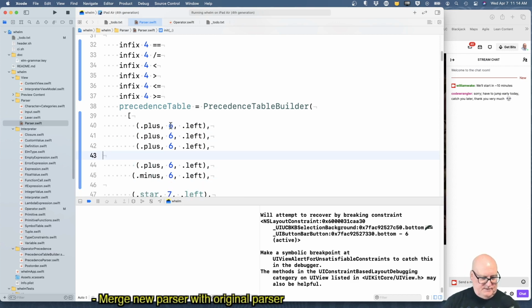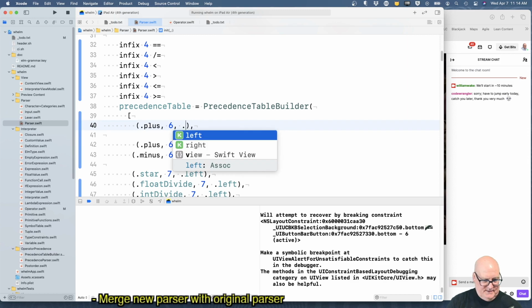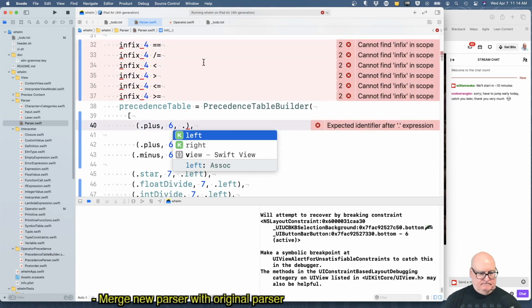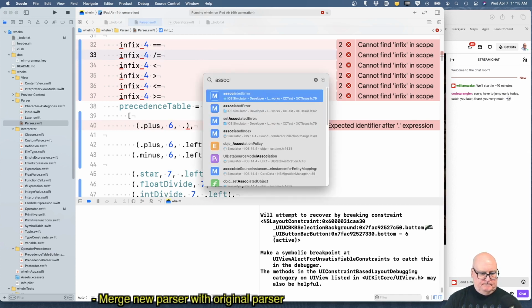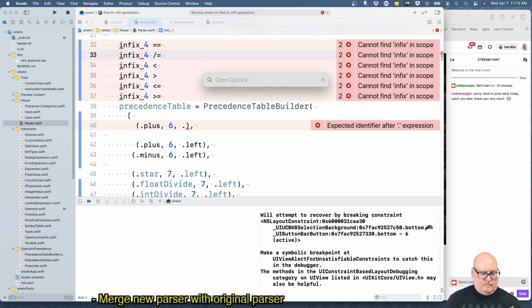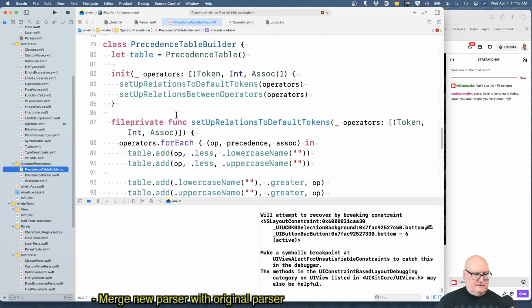Oh, we should get one of them right first. Do we? I think maybe we added none. No. Where is that? Precedence table builder.